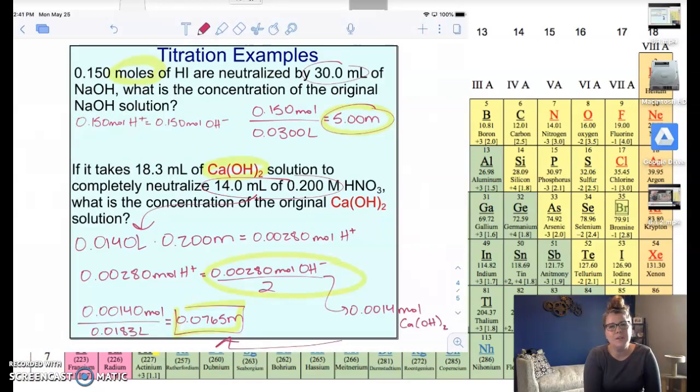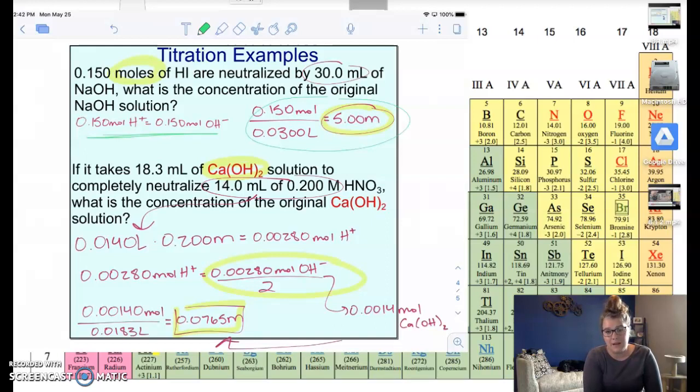All right, so this first one, I just told you how many moles of the acid were neutralized. And then if you say, well, if that's how many moles of hydrogen, that's how many moles of hydroxide I need, all you needed to do was use the molarity equation to solve for the molarity for that one. The second one, though, the trick here is this calcium hydroxide and the fact that there are two